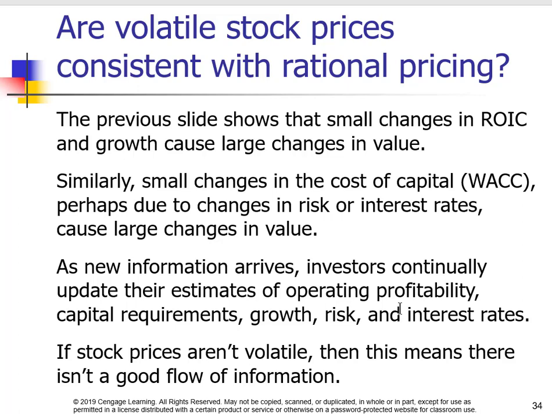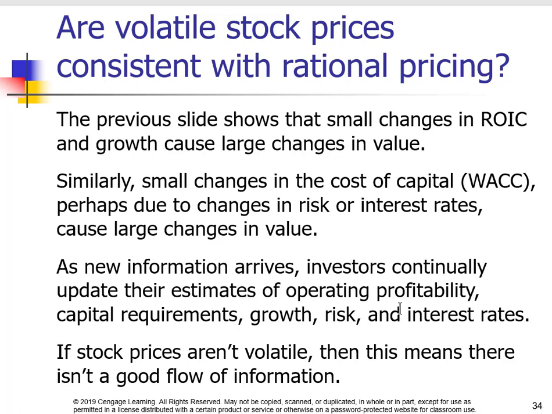So as investors get new information, they're going to update their estimates, right? If stocks aren't volatile, if they aren't moving fairly dramatically, then this could mean there isn't a good flow of information, right? So we need to understand that the information that investors get from this type of analysis